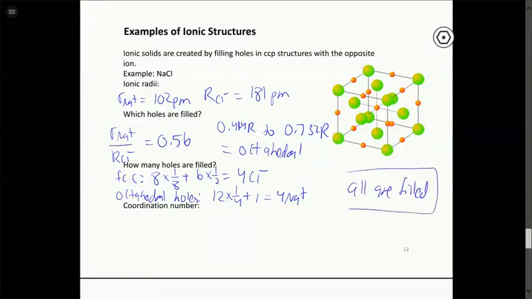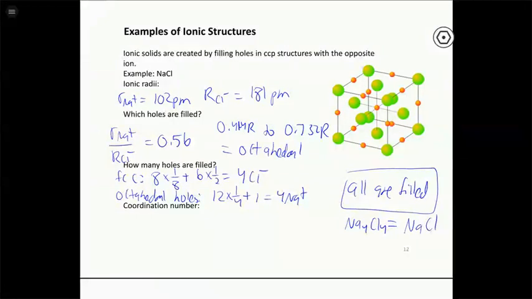In other words, each unit cell has a total formula of Na4Cl4, which gives us an empirical formula of NaCl. So we're only going to balance the charge if we fill every single octahedral hole. That gives us exactly 4 chlorides and exactly 4 sodium pluses. So once we figure out which holes they go in, we have to use the formula for the compound to figure out if all of those holes are filled or only some of those holes are filled.